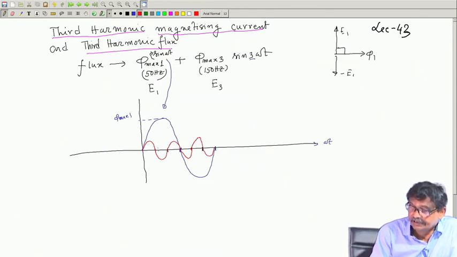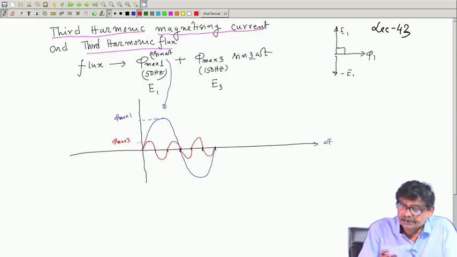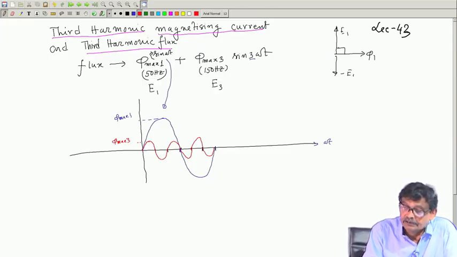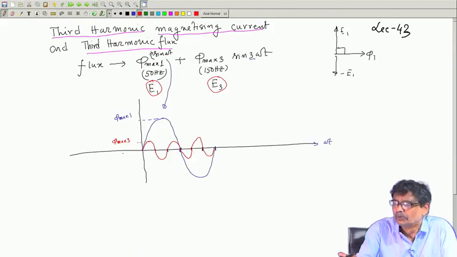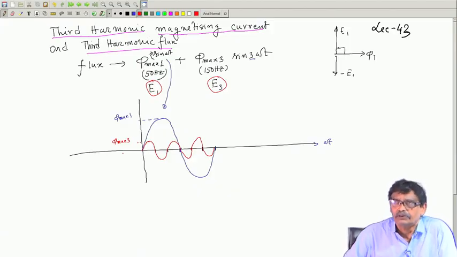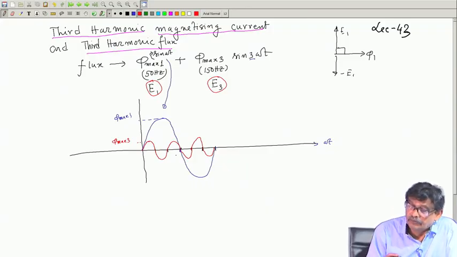Is not 3 cycles over 360 degree fundamental, and this amplitude is phi max 3. Then the induced voltages, that is E 1 and E 3, I will sketch with respect to time, that will be displaced by 90 degree. It does not matter whether you show leading or lagging to understand what is going to happen. So, I will just sketch the induced voltage, which will be, so these angles are 60 degree in the fundamental, understand. So, the induced voltage,